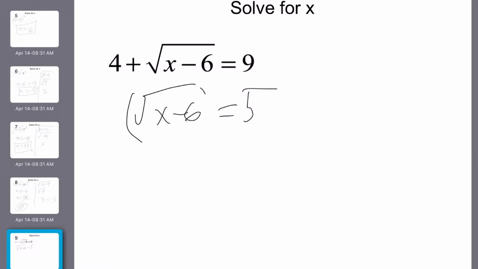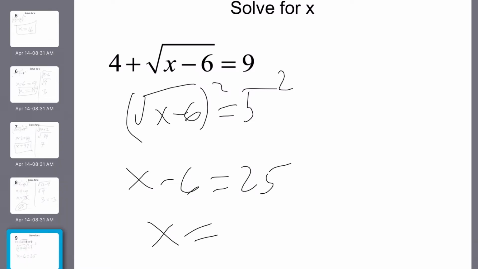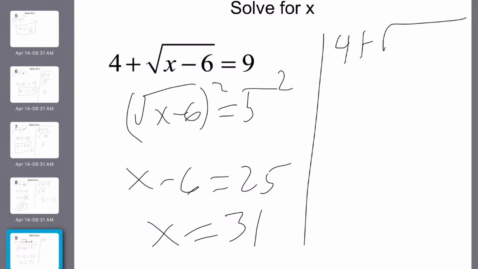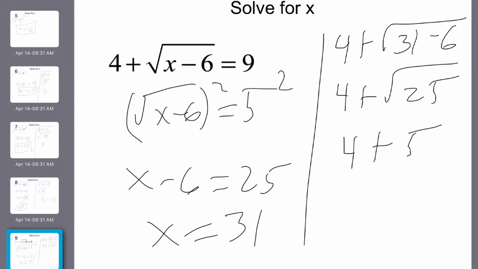And now you can go ahead and square both sides like we were doing earlier. And you just solve for x, and you find that x equals 31. And now let's check our answer in the original problem. So we have 4 plus the square root of 31 minus 6, or 4 plus the square root of 25, or 4 plus 5, is 9, and 9 equals 9, so you know that x equals 31 is a solution